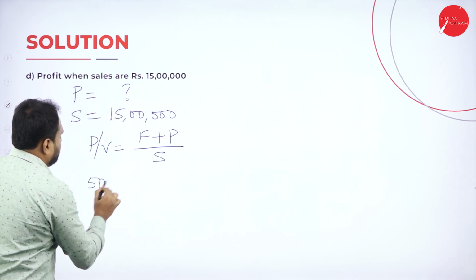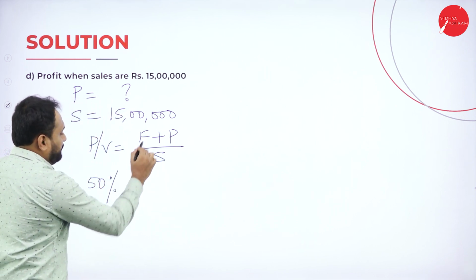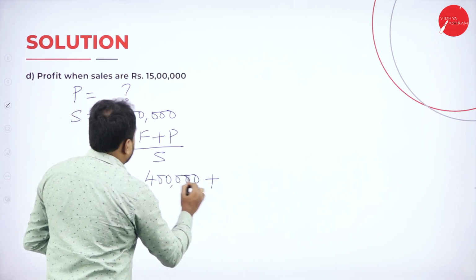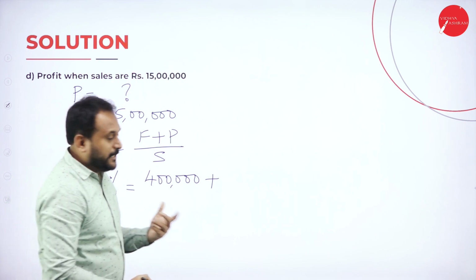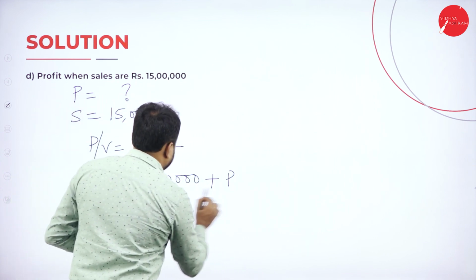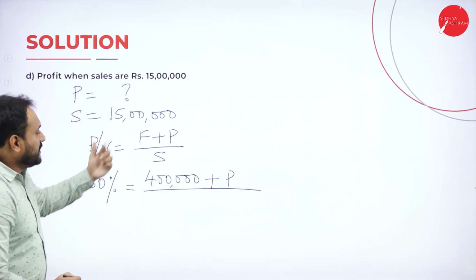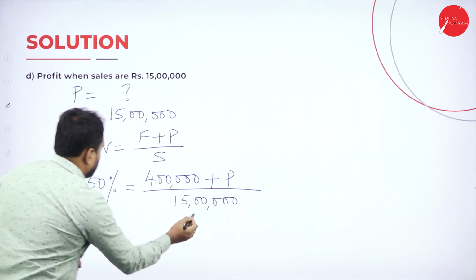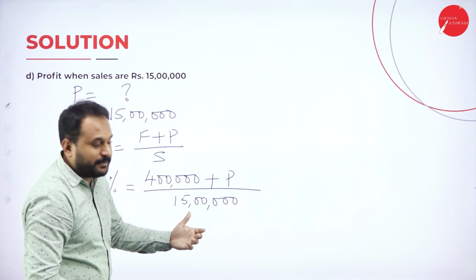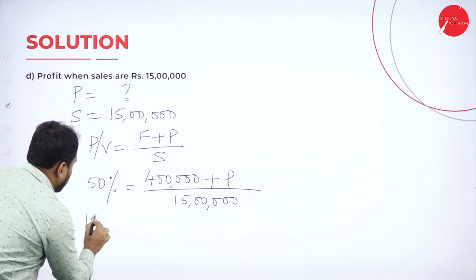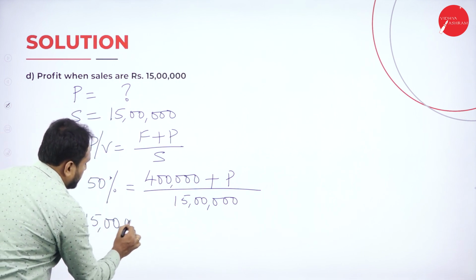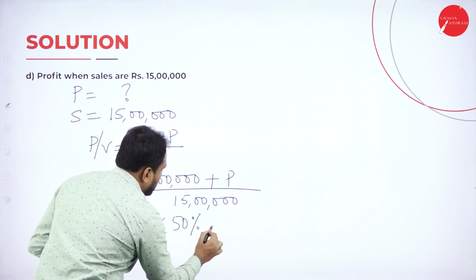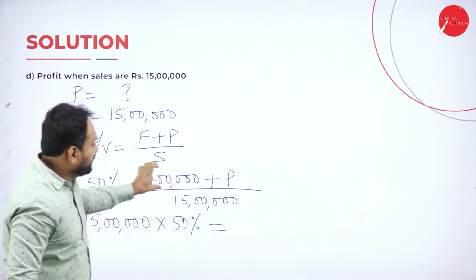PV is how much? 50%. F is how much? 4 lakh. Plus what is the profit? We are supposed to find profit. P divided by what is the sales? They have given sales how much? 15 lakh. So we'll write here 15 lakh. So here cross multiply. When we go with the cross multiplication, how is it? 15 lakh into 50% is equal to,